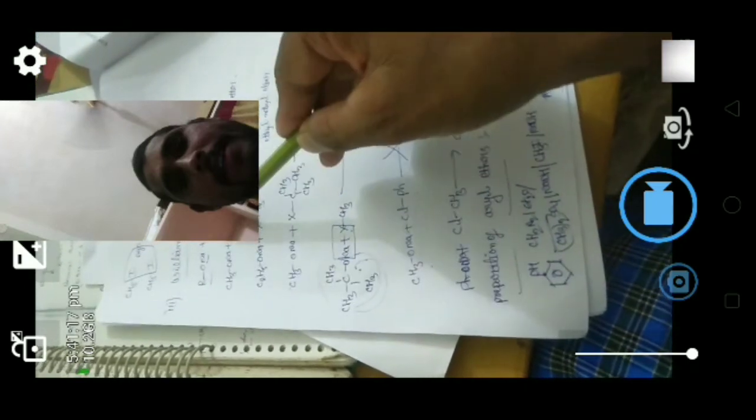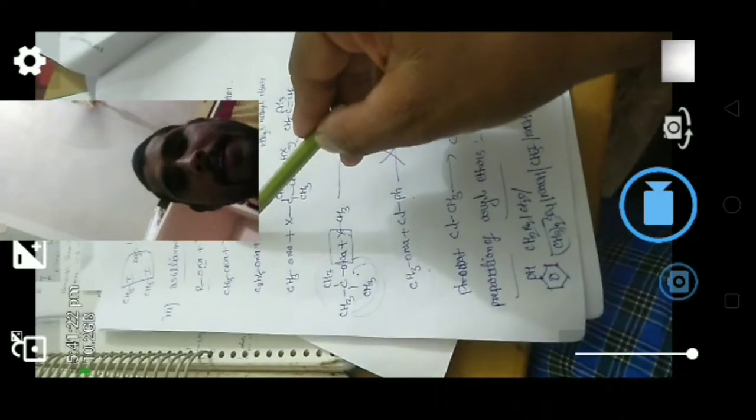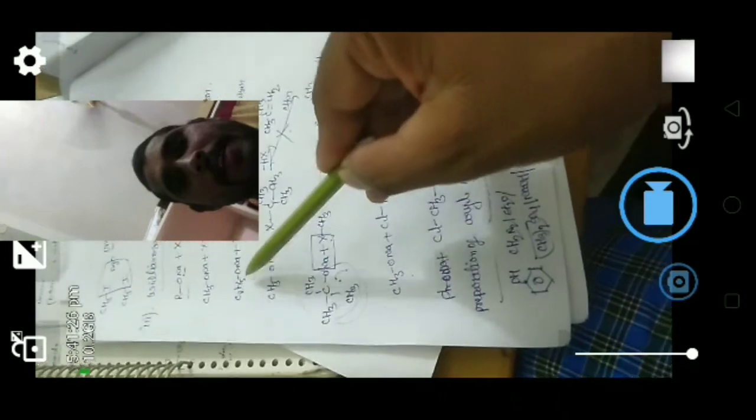The third method is Williamson synthesis. Sodium alkoxide, when we react with alkyl halide, gives ether. Here sodium methoxide, when we react with ethyl halide, gives ethyl methyl ether. Similarly, sodium ethoxide when we react with methyl halide gives ethyl methyl ether. Here sodium methoxide when we react with